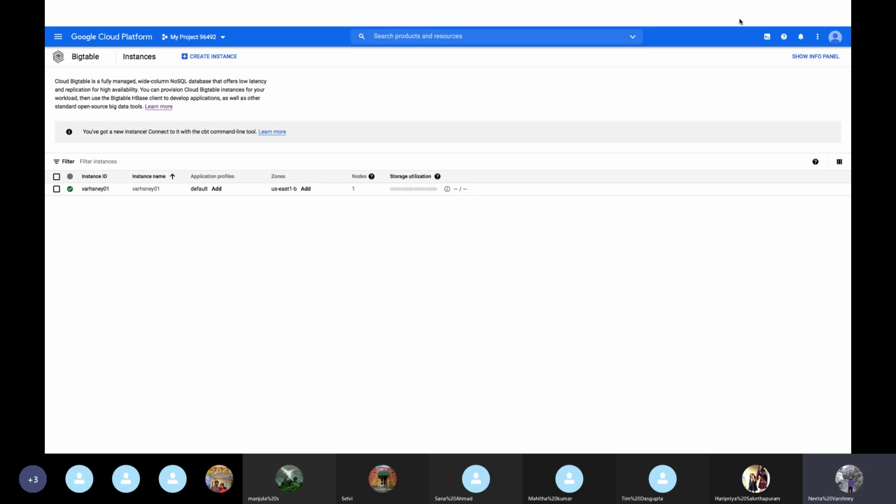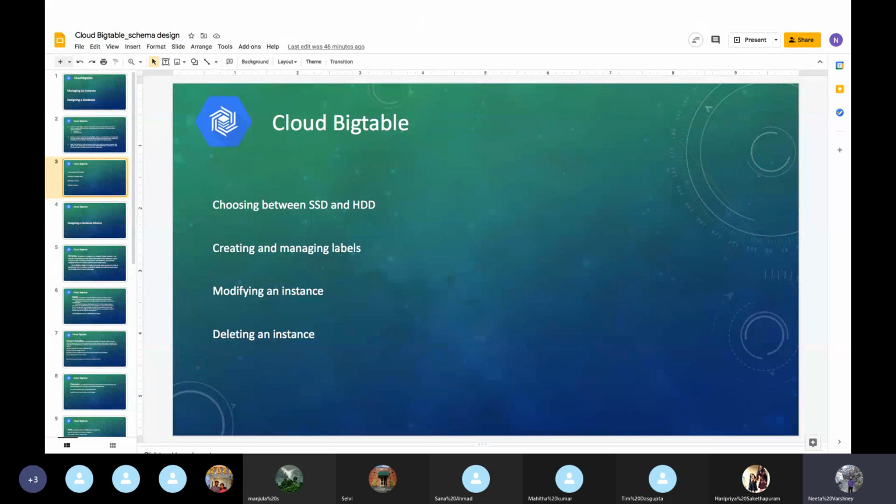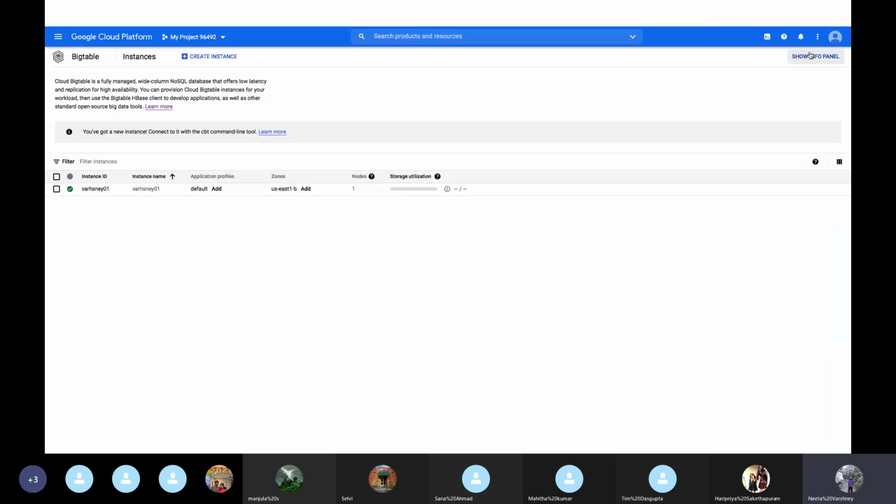So what is a label? Here I'm talking about creating and managing labels. A label is a key value pair that helps you organize your Google Cloud Bigtable instance. You can attach a label to each resource or instance and then filter the resources based on their label.